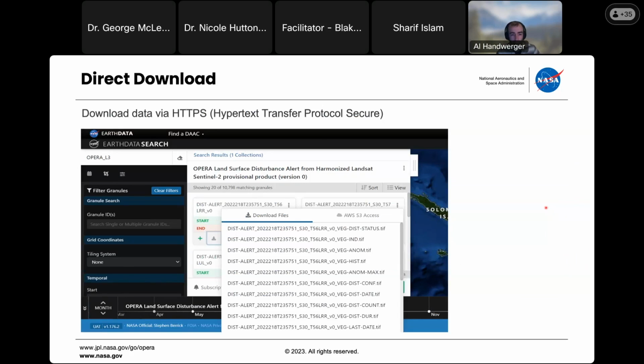So you can do direct downloads. This is if you want to just get individual GeoTIFFs. And I didn't have time to cover all the different layers, but each of these data products includes multiple layers, not just a single classification, but also we provide data that is useful for how we even derived the final product in the first place. And this is just an example for the disturbance product, where you can see there are many different layers here that you could download and analyze. You can also access these data through the AWS cloud and do all of your work right in the cloud.